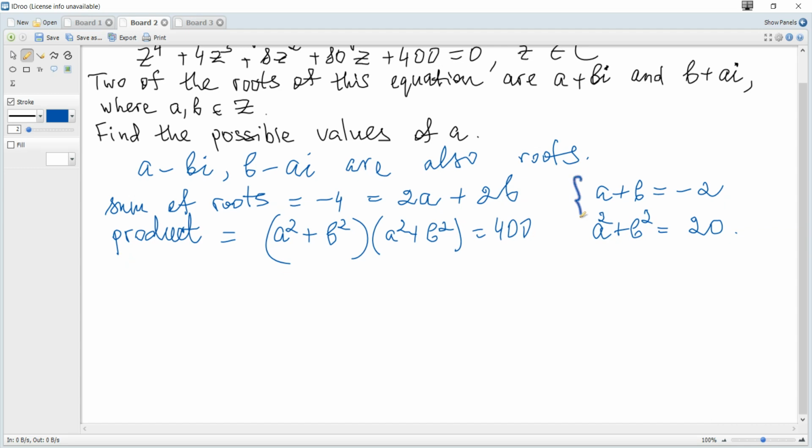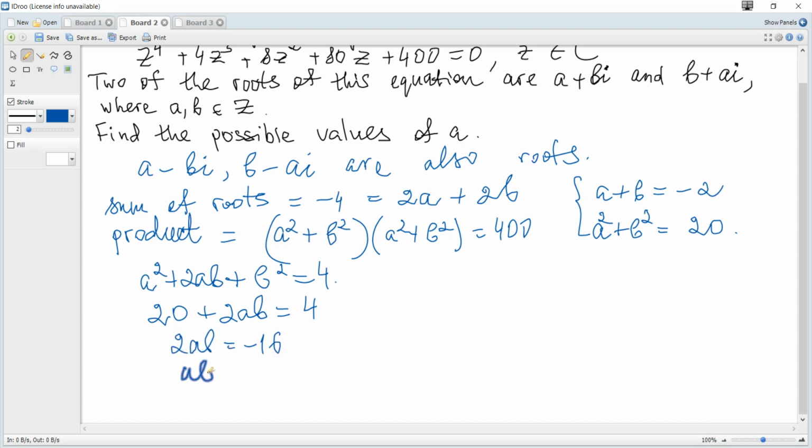And let's try to solve this. We can square the first equation and get that a squared plus 2ab plus b squared is 4, and a squared plus b squared is 20, so we get that 20 plus 2ab is 4, hence 2ab is negative 16, hence ab is negative 8. And we can consider a plus b is negative 2 and ab is negative 8, and we can solve by